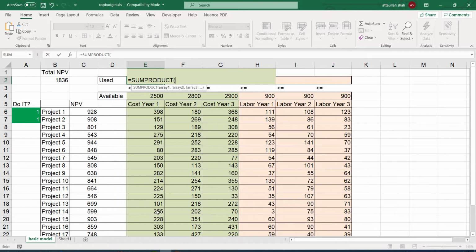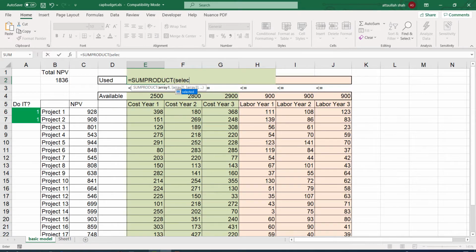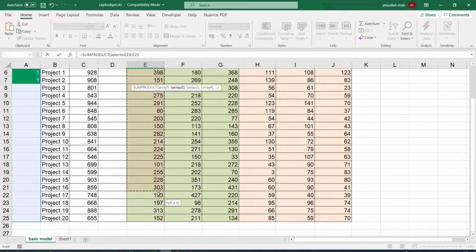Again, the first array is this range, which we called selected. So instead of selecting the range, I'll type selected, and comma, we will multiply the first year